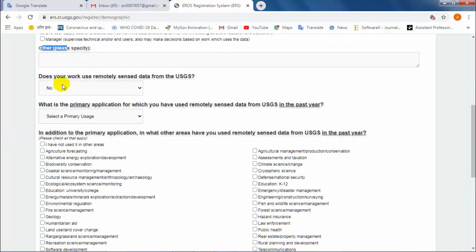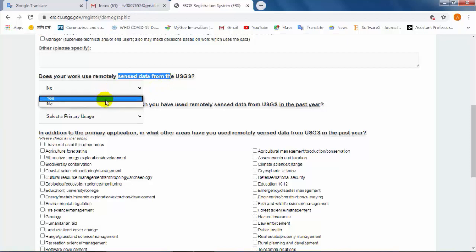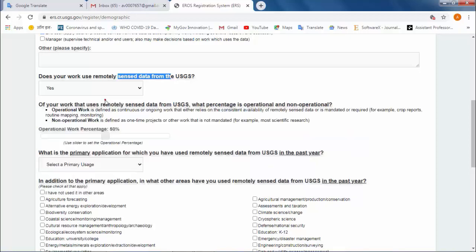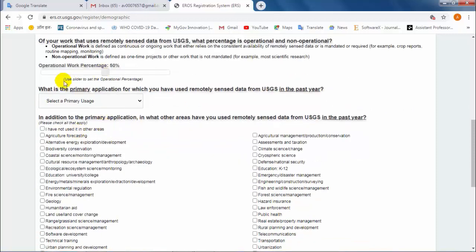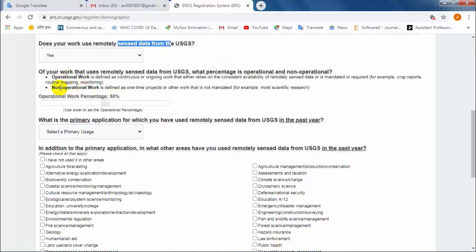Now the next question is, does your work use remotely sensed data from the USGS? Here two options are there, yes or no. I have already used this, so I will choose yes, otherwise I can choose no. If yes, they will ask some more questions. What is the primary application?